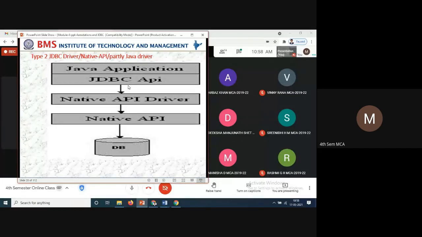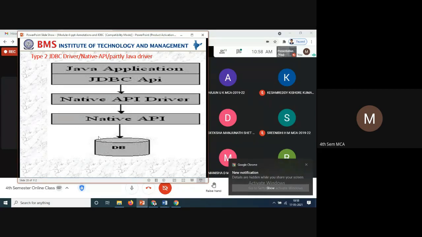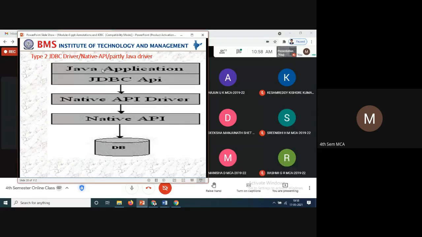So JDBC connections, APIs will be there. All APIs will be installed anyway in your software. So native or API drivers. So this is the API driven, that means somebody is required to give the connections between front end and server. So here is the native APIs, like the server will be working. So database connections are here. The database stores the information. That is what the JDBC drivers are.